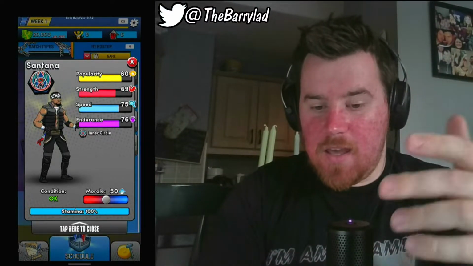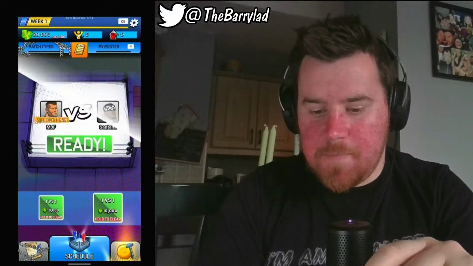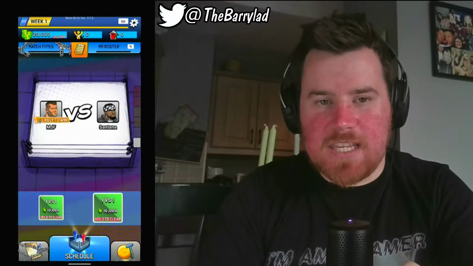So I guess they have factions. Well, you can't have an AEW game without factions. I mean, it would be silly to do that. So we will put Santana there. And the little bell icon at the bottom right is my start the fight. So here's